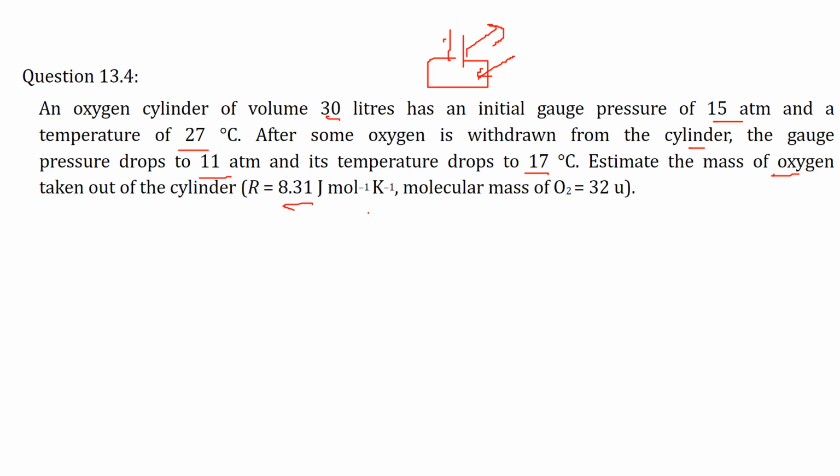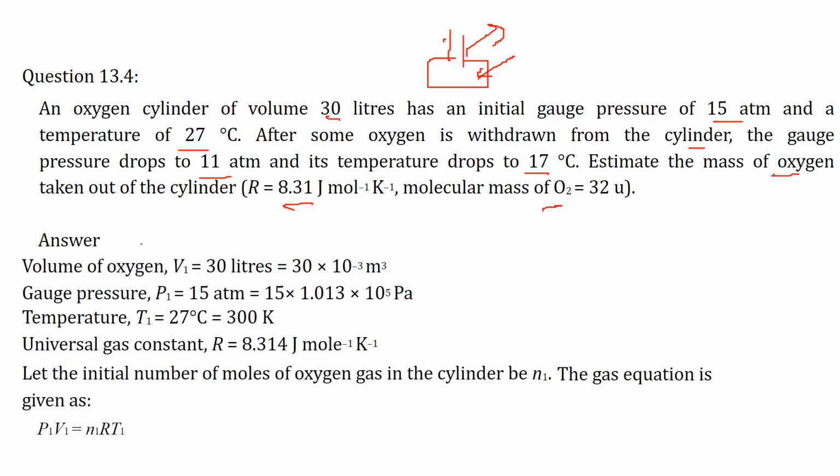So there are certain values which are given here. We'll start with the volume of oxygen, which is 30 liters, convert it into meter cube. Then gauge pressure P1, which is 15 atmosphere, convert it into Pascal. The temperature is also given: initial 27 degrees. So we write it like this. Universal gas constant also